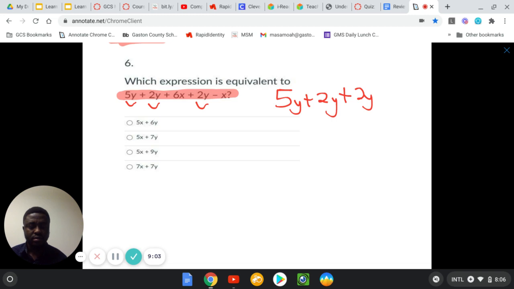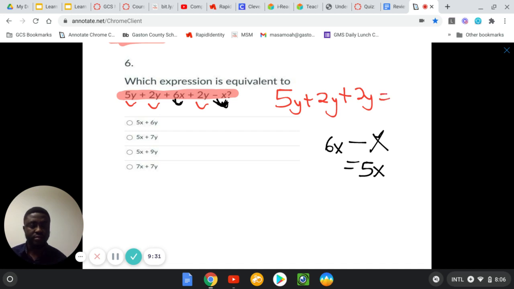Then it won't go there. Then I'm going to group my x's. My x, so I have 6x minus x. So when you are taking, you have to take everything, the term with the operation sign with it. So that becomes 5x, and this becomes